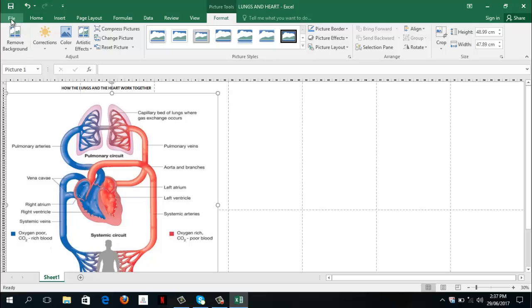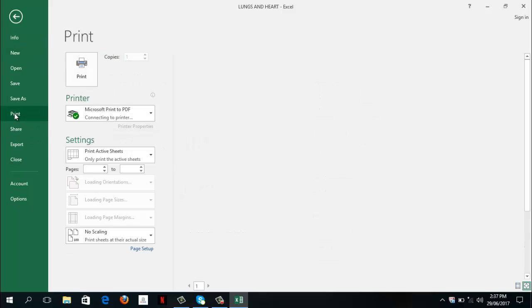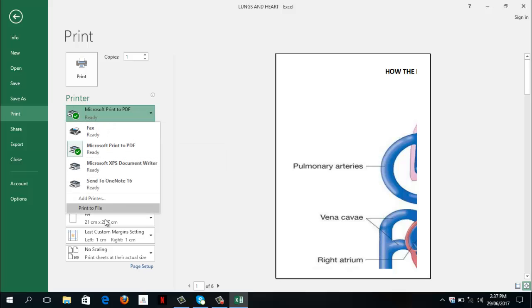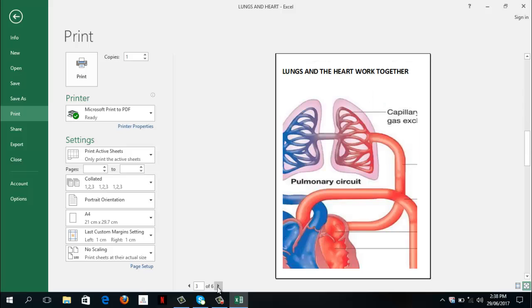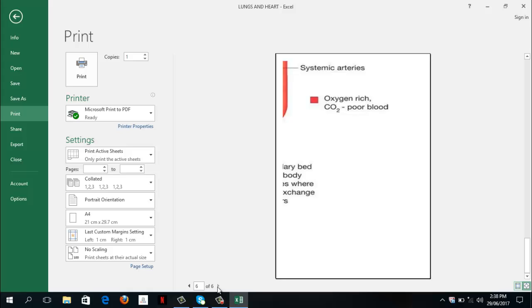And then if you wanted it to be printed, just click file, then print, and then select the printer that you have in your laptop or the one available. Since I do not have an available one, I will not choose any. I just have Microsoft Print to PDF. Just click it there. And then you can see there, page 1, that is your page 1. You have your page 2, your page number 3, number 4, number 5, and number 6.